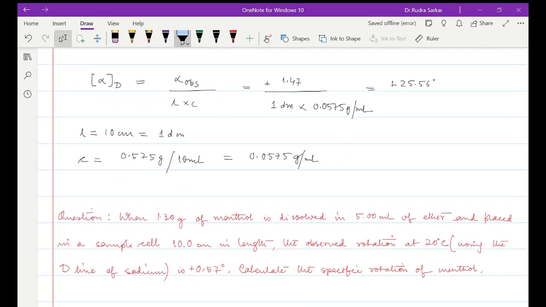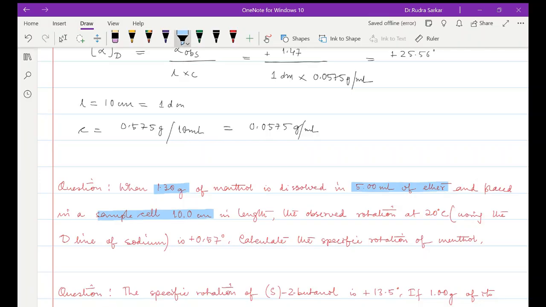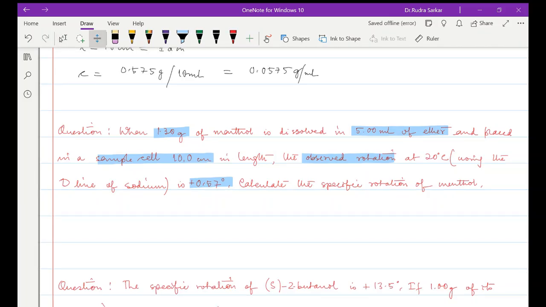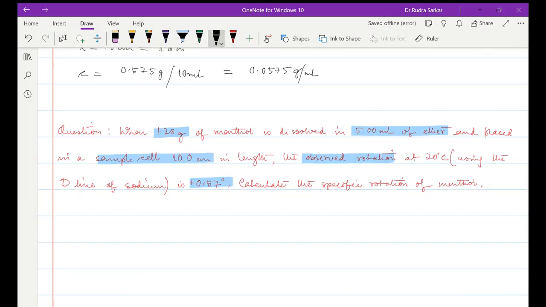Next problem, when 1.35 gram of menthol dissolved in 5 ml of ether placed in a sample cell 10 centimeter in length, the observed rotation that we find is this much. We have to calculate the specific rotation again, just using the same formula, which is alpha D, alpha observed,